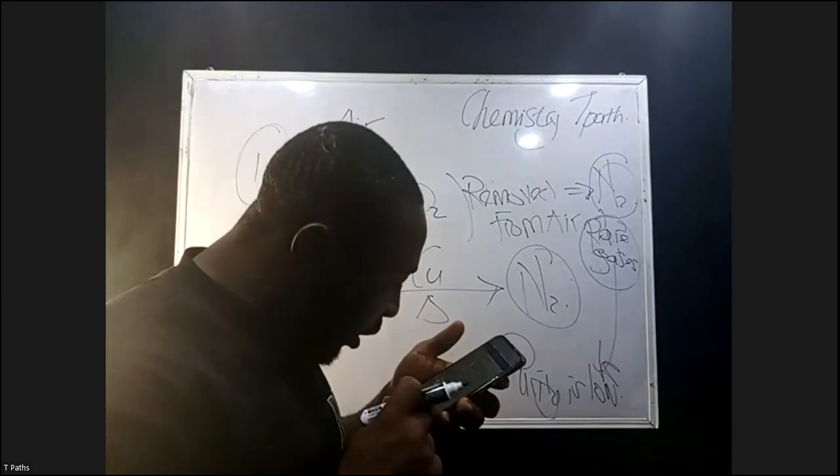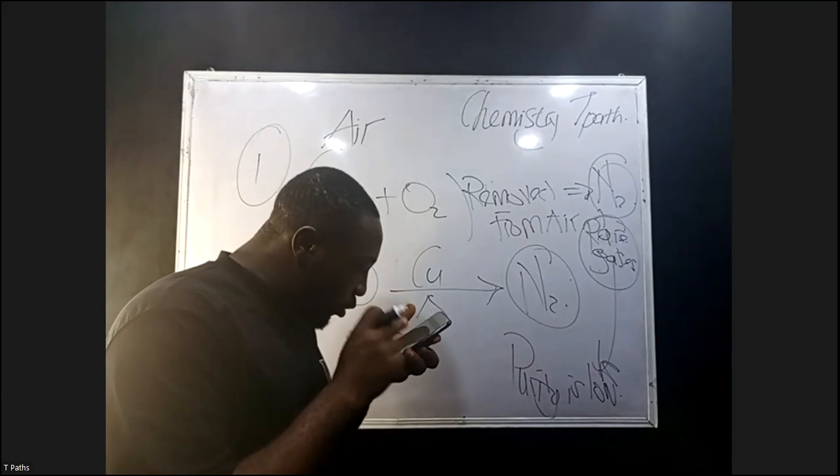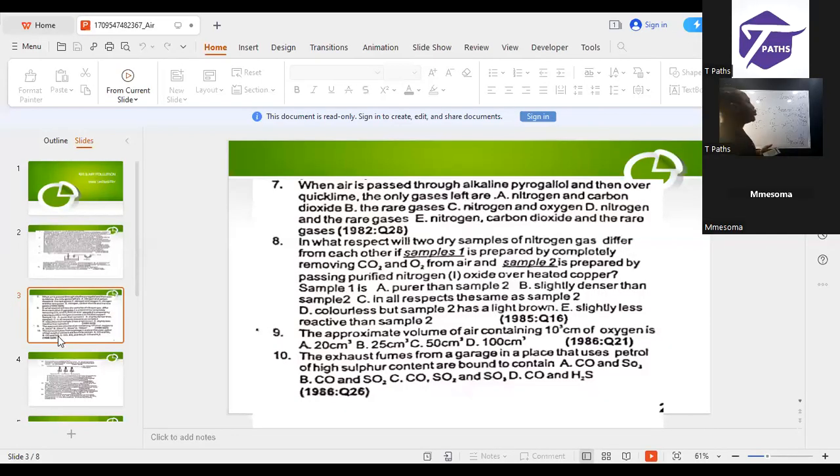Which option works with that? We can see that it is option B. It is slightly denser than sample 2. If you carry this and pass it through copper, you are going to be left with N2. Both can leave out of the reaction medium. So the answer is B. The next question there: